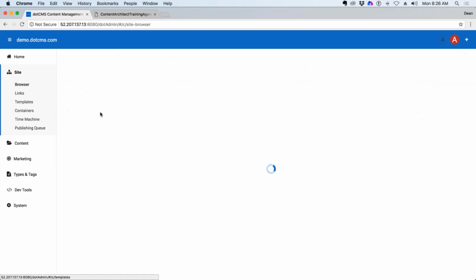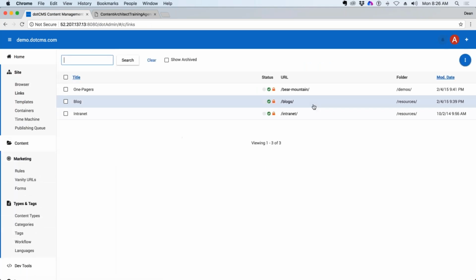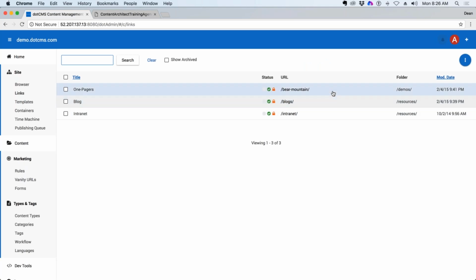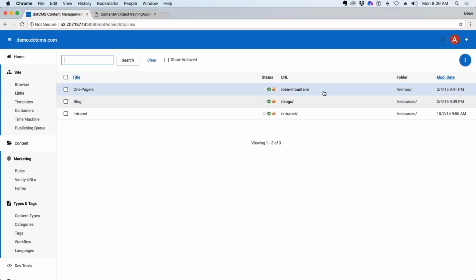Let's see, blogs. That's blogs. Oh, that's why. Okay, so our vanity. Okay, so where does this live? Okay, all right. Sorry, every once in a while I get confused between the links and the vanity menu links and the vanity URLs. Okay, so these menu links will allow a